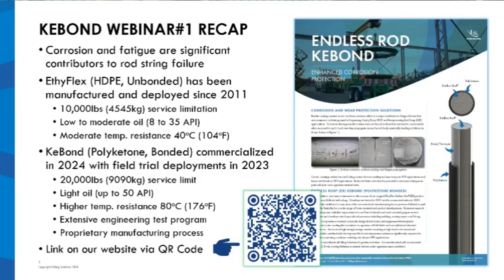Our initial coated rod product is called EthiFlex. This is HDPE, high density polyethylene, unbonded product that has its own unique advantages. It's strippable, it has a salvage value. Flex in the name indicates it is flexible to be taken off. And disadvantages in service weight limitations, low to moderate oil resistance, and low temperature resistance with a maximum of 40